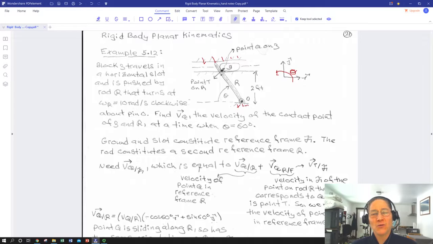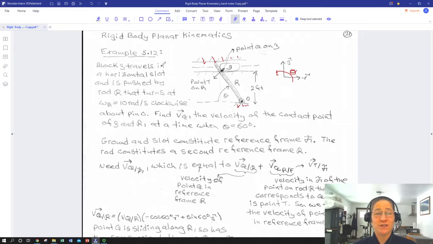And then we're going to have rod R and body B be two different moving bodies within that fixed reference frame. So we don't just have F and B. We have F and R, and then we have R and B. So the key is to use this instant in time in which we have a point of interest P that corresponds with T, and so we end up saying, well, T and Q are the same, and we're going to use point T on the rod the way we used point P as the tag for reference frame B in